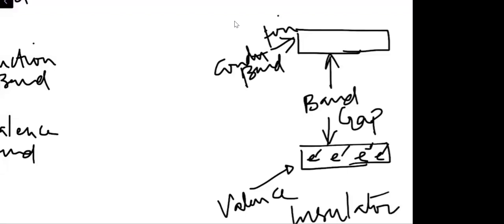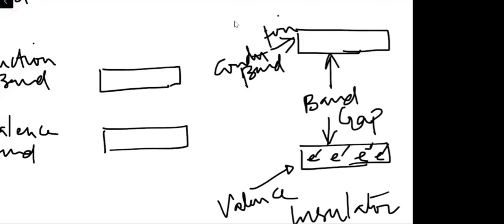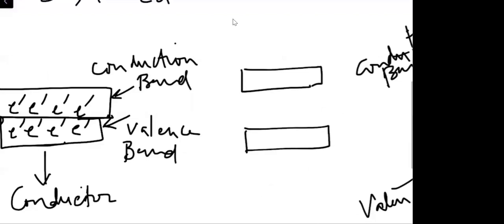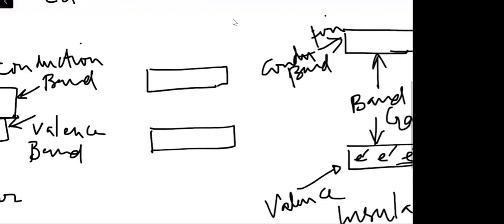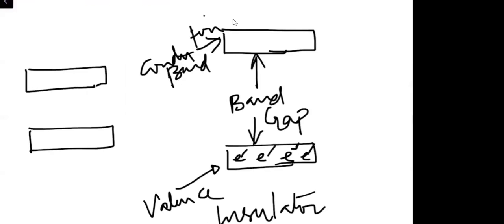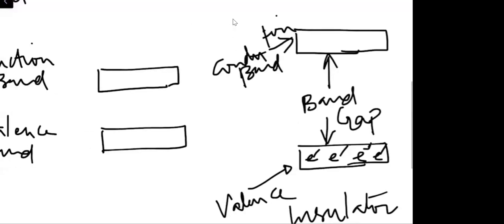Now, the third thing which I have talked about is basically the semiconductor. Now, the band gap in case of semiconductor is actually in between that of the insulator and that of the conductor, right? So if you see, in case of conductor, they are overlapping one another. In case of insulator, there is a big band gap. But in case of semiconductor,